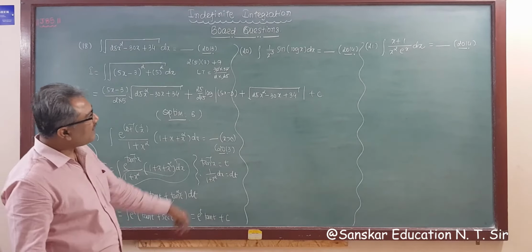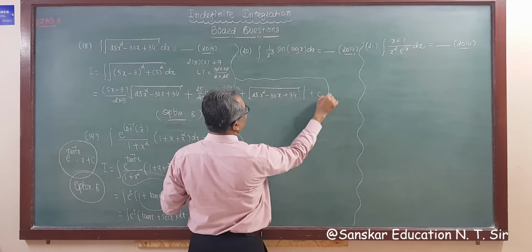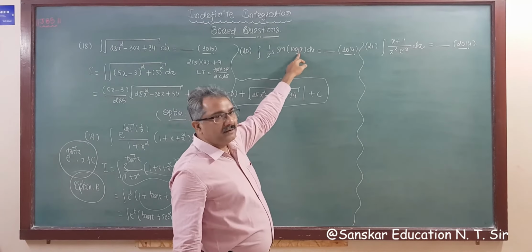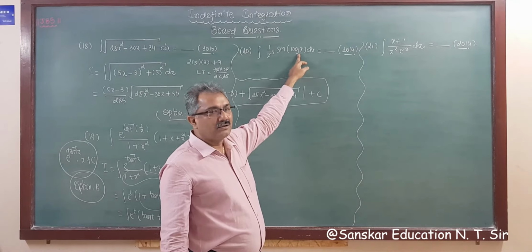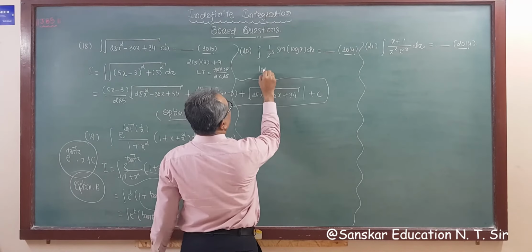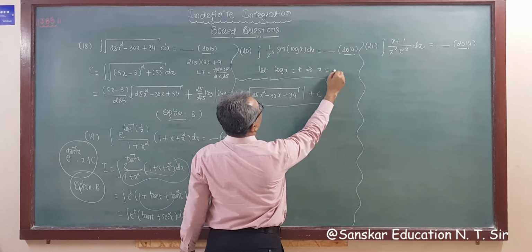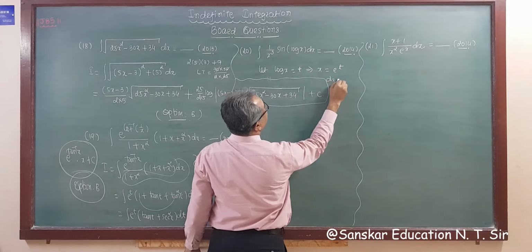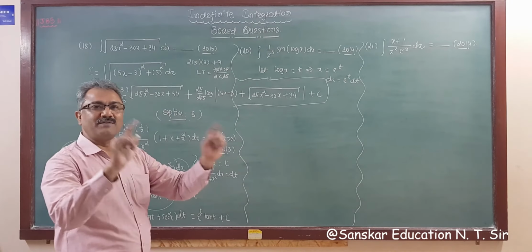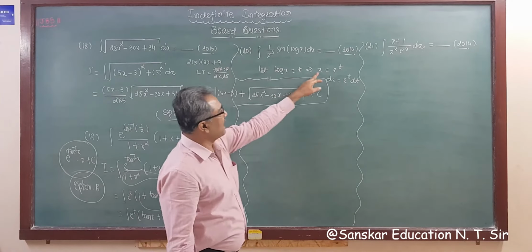Right? Now this is, right? We are entering from your border to here also, but there is enough space. Right? So assuming, in the bracket it is x, here is log x. So assume for log x. So let log x is equal to t. So log x is equal to t. So this implies x is equal to e raised to t, and dx is equal to e raised to t dt. Remember this thing in integration. While you are assuming for log, go for x is equal to e raised to t, as you know. So what is the answer? x is e raised to t.